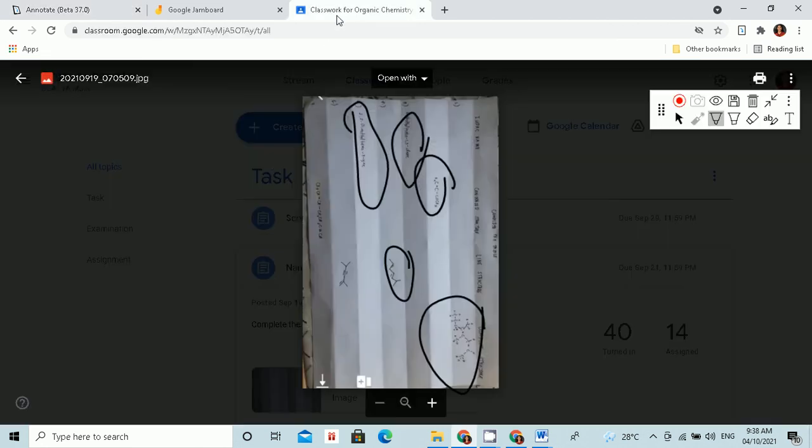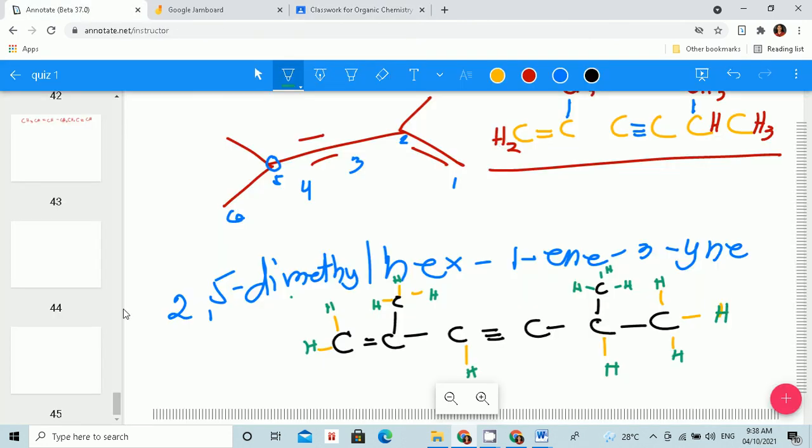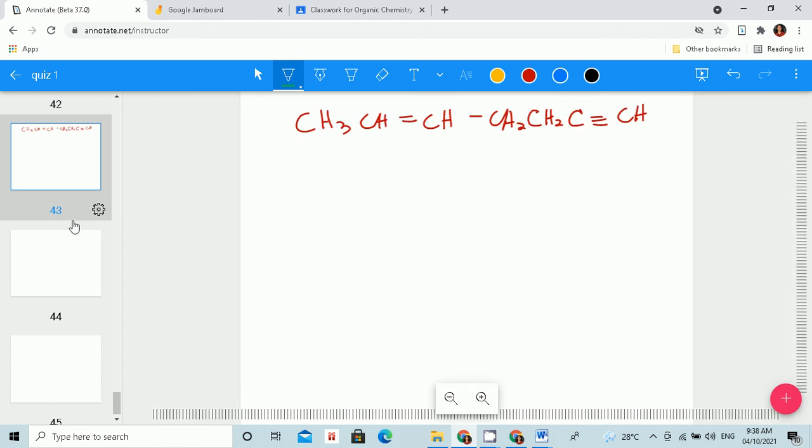Okay, now let's go to number 7. Finally, we are in number 7. We are given an IUPAC name. Okay, the IUPAC name is this one. A condensed structure, rather, CH3, CH, CH, CH. Okay, so let's count. Now, class, where do we start? Here or here? We will count from right to left for us to give the lowest number for our alkyne